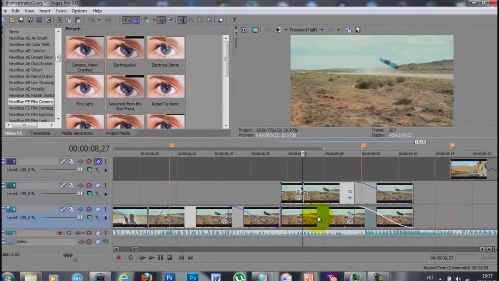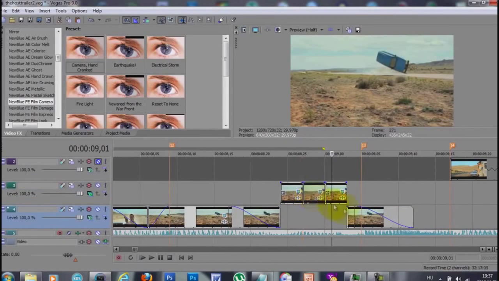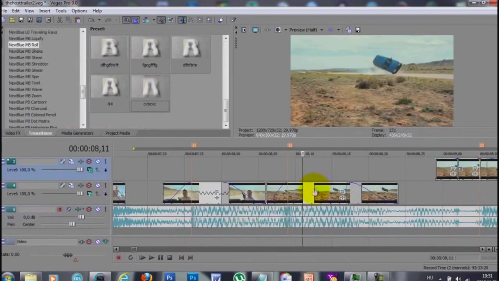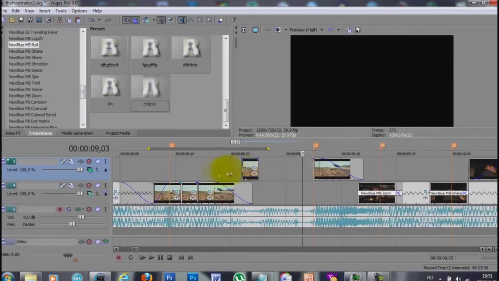And now I'm pressing S again on the keyboard and splitting the two clips at the very same point, and deleting a section from the top one and then deleting the next section from the bottom one, and then putting back together. And right here I'm moving the first section in the middle of the original car clip. So you can see it was very random, but sometimes it can look very cool if you play with reverse